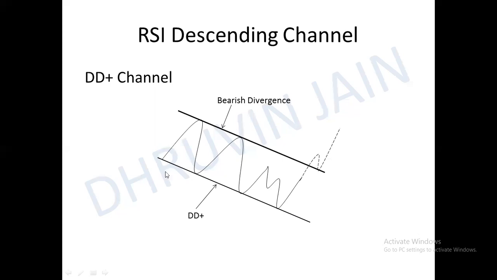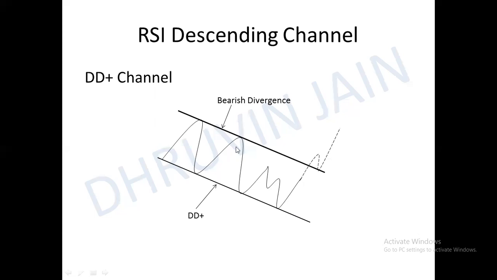In price, in the uptrend, price trends like this, higher high and higher low. Price trends something like this. When there is a counter trend movement or a consolidation type movement, or also inside the higher high higher low structure, RSI can form something like this. RSI will form some structures like this.